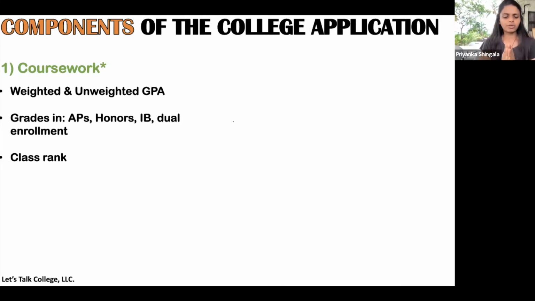Why or how? Well, first of all, a university wants to see that you've taken advantage of the opportunities that were actually available to you. If the International Baccalaureate program is not available to you, then that's the limitation from the high school. That's not you. Same thing, AP classes. It's not your fault if you couldn't take an AP class in sophomore year.